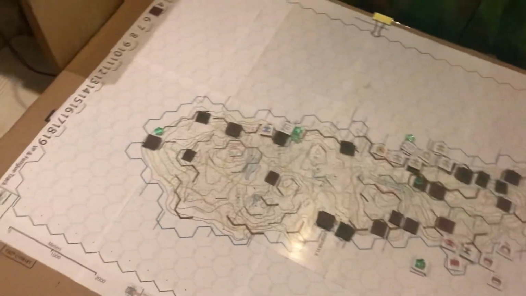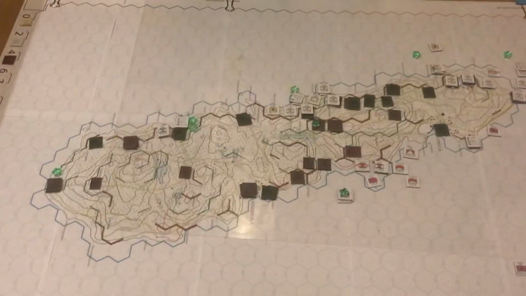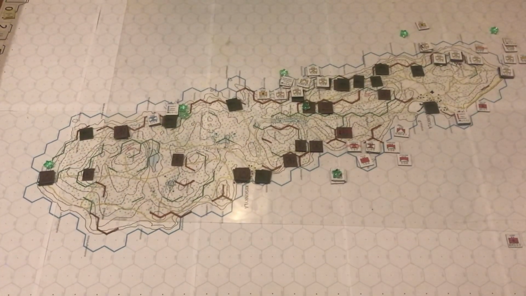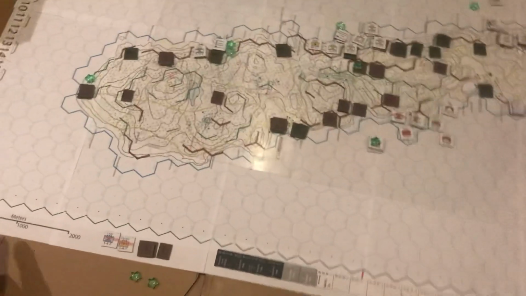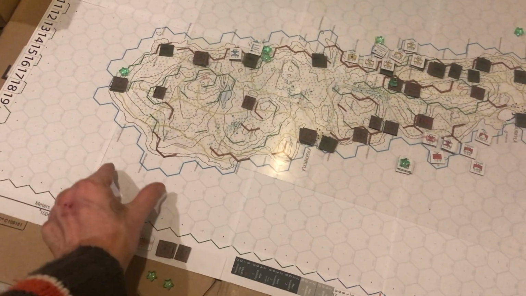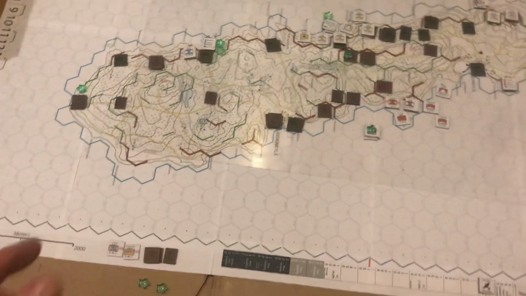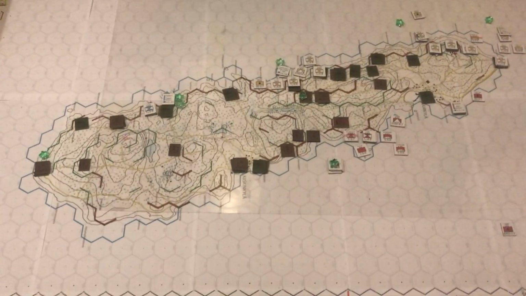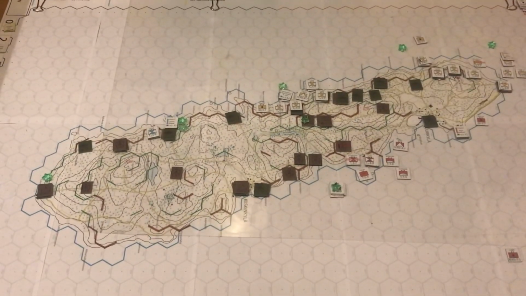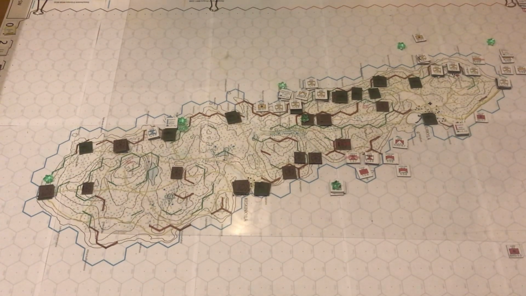You have off-map holding boxes, so the Finns have artillery here and here, so they're also able to call that in. This is a kilometre, 1,000 metres, and each hex is about 300 metres. The battle is for victory points, so at 9 o'clock, at 2 o'clock and at 7 o'clock